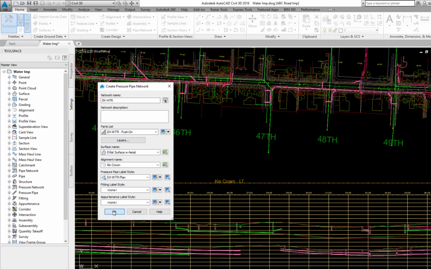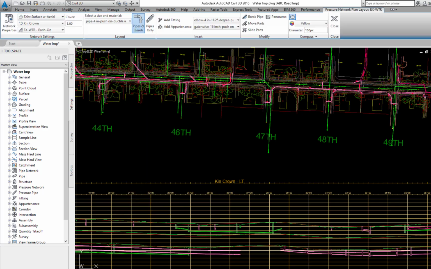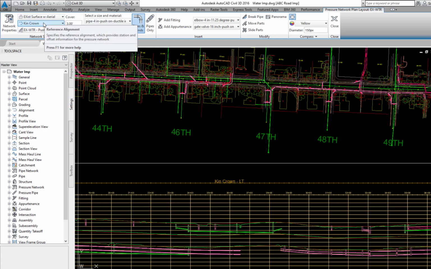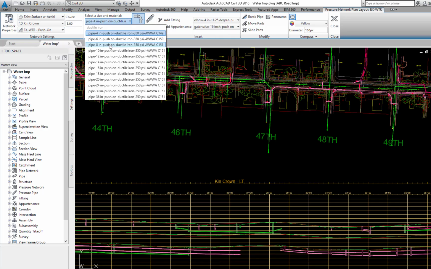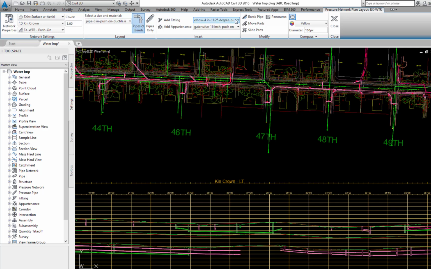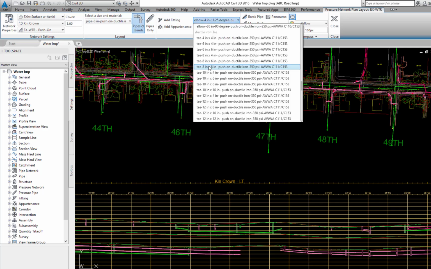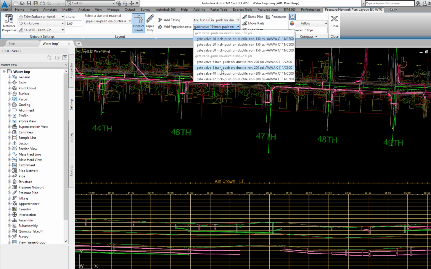style: none, okay. In the context sensitive ribbon, the reference surface, alignment, and parts list should be as previously selected. Cover: 3 foot. Select the pipe: 8-inch ductile iron. Select the fittings type: 8x8 T. Select the appurtenance type: 8-inch gate